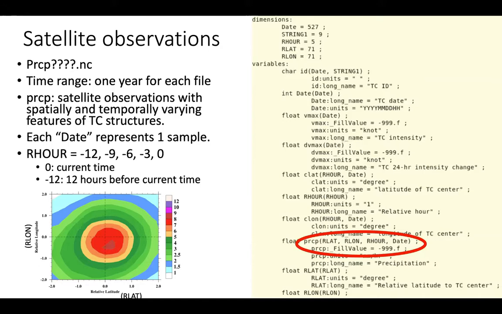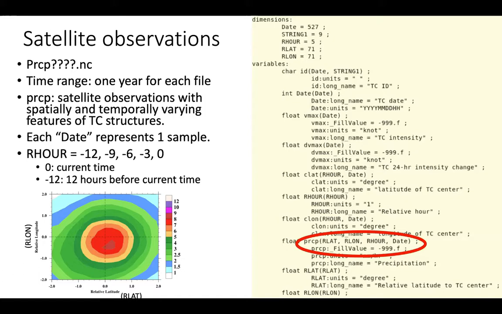So we have multiple time slices for the precipitation data. The R hour is the time that the precipitation was observed with respect to the storm location at the current time. So a -12 means 12 hours before the current time, or -9 means 9 hours. But we are using this dataset to predict the tropical cyclone intensity change from hour 0,